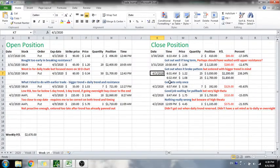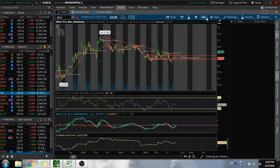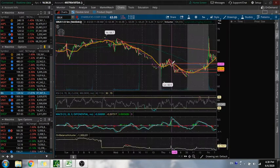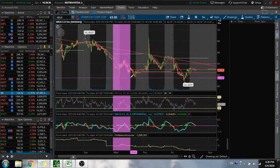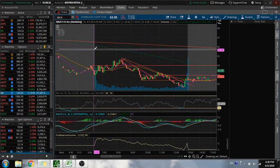Now, exiting that trade the very next day, I got a really quick win right off the bat. 631, then 632. So let's go back here to April 1st. Where is that? It's probably this one. Yeah. So obviously, starting off, it went way down,